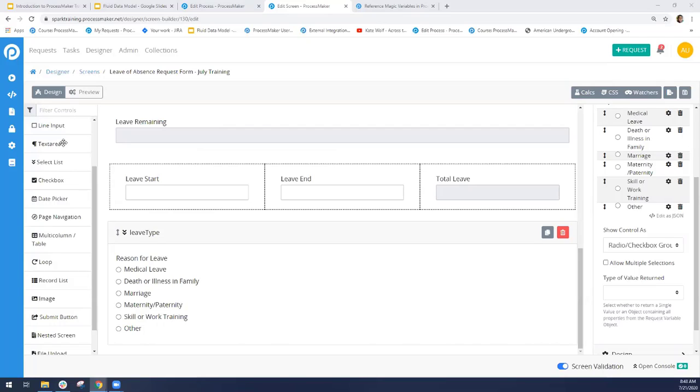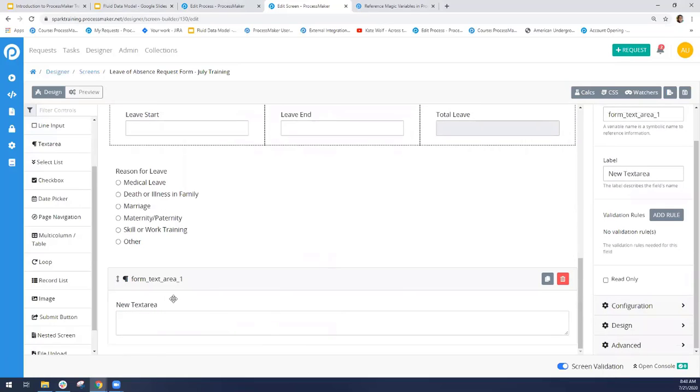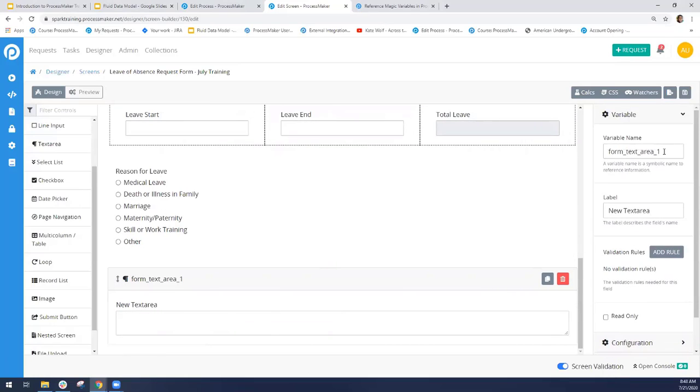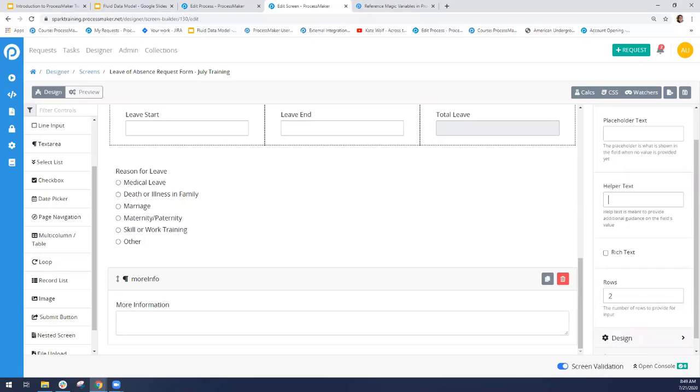So to do that, first I'm going to add a text area control underneath. So I'm going to click on the text area here. I'm going to name this variable more info. Then the label is going to be more information. I don't need any validation rules or read only. I will enter some placeholder text or helper text. If you selected other, please provide more information about the reason for the leave of